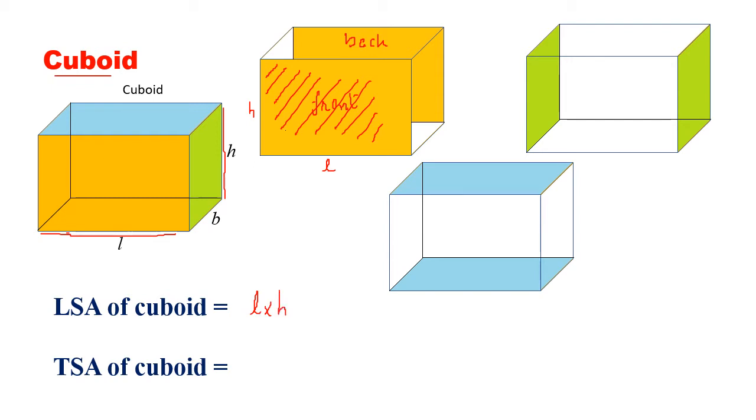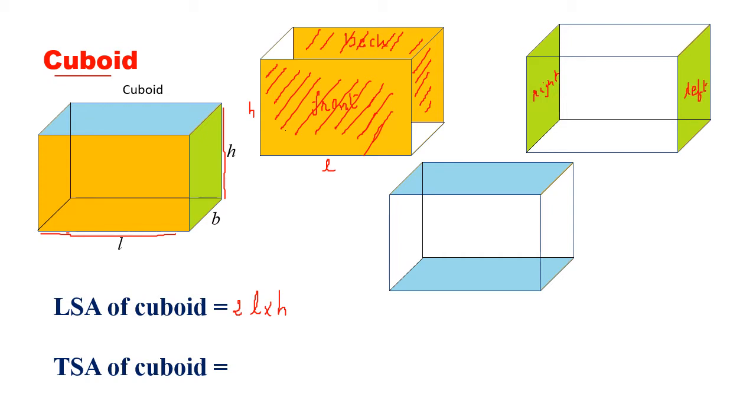But you can see the front side and the back side are both equal. You cannot see the full back side, but you can see the front side and the back side are equal. So these two sides give us twice length into height. So this is the front wall and the back wall. Where you are sitting is the front wall and the back wall. Now we look at the other two walls, the wall on the right and the wall on the left.